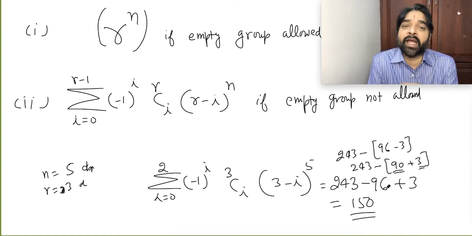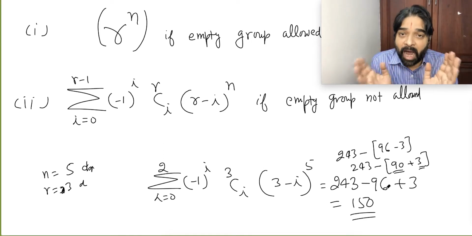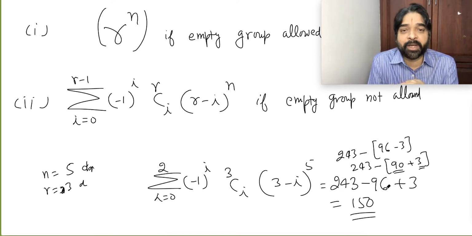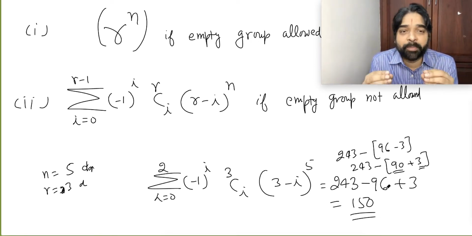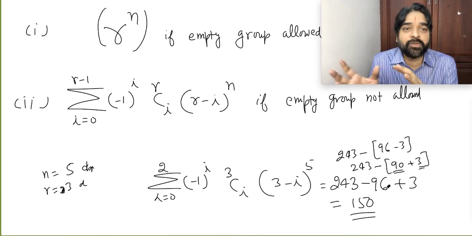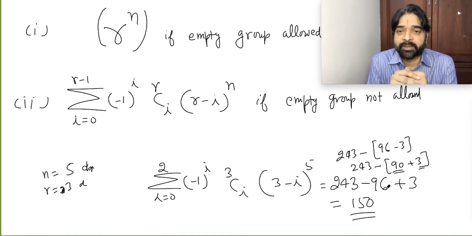Here we talk about whether an empty group is allowed or not. So these are the two situations. In case of size predefined, identical objects we never discuss because that will always be 1. In case the size is not predefined, then we have to do two situations, identical objects and different objects, and both situations we have to discuss. Is it clear to everybody?